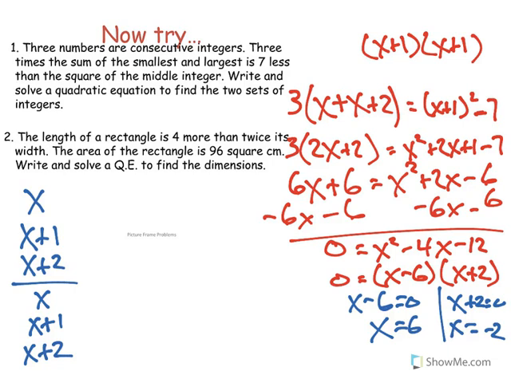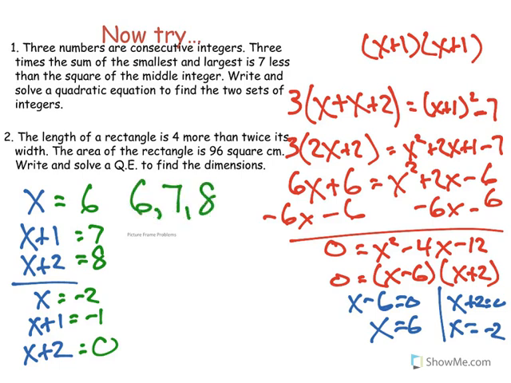Again, it is really important that we go back and sub in our values. So one set of solutions would be 6, 7, and 8. Another set of solutions would be negative 2, negative 1, and 0. All right, now the second one is really important because